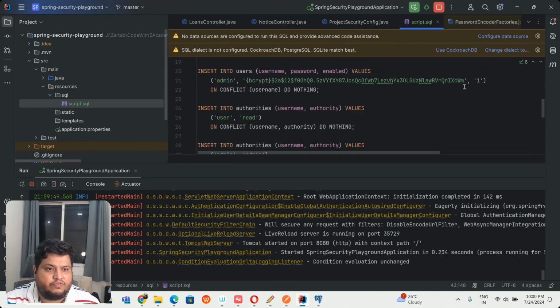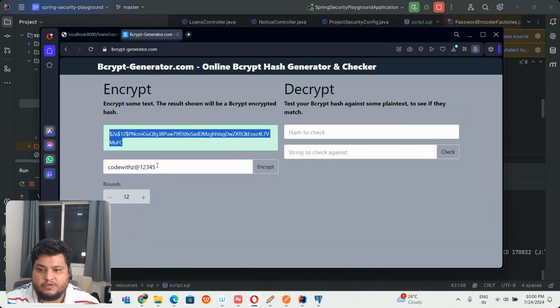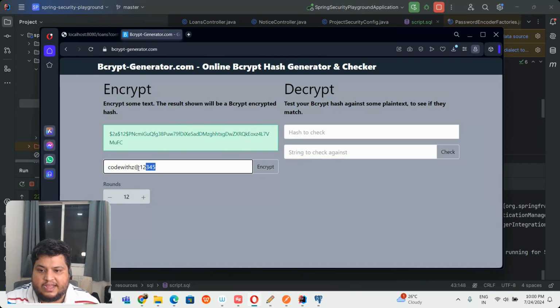Then I have to enter this value. I don't remember what this bcrypt value is, so let us quickly create a new bcrypt value. For CodeWithZ, I just make it short. I say CWZ@12345. Okay. So if I say encrypt,